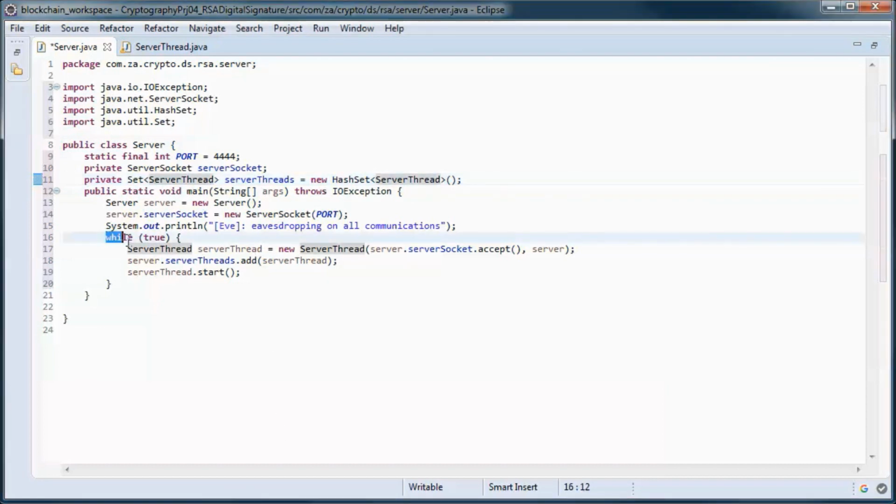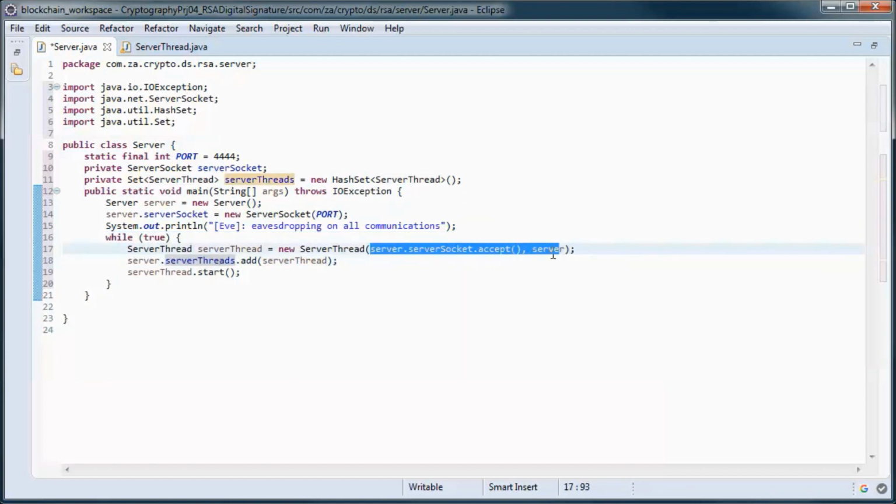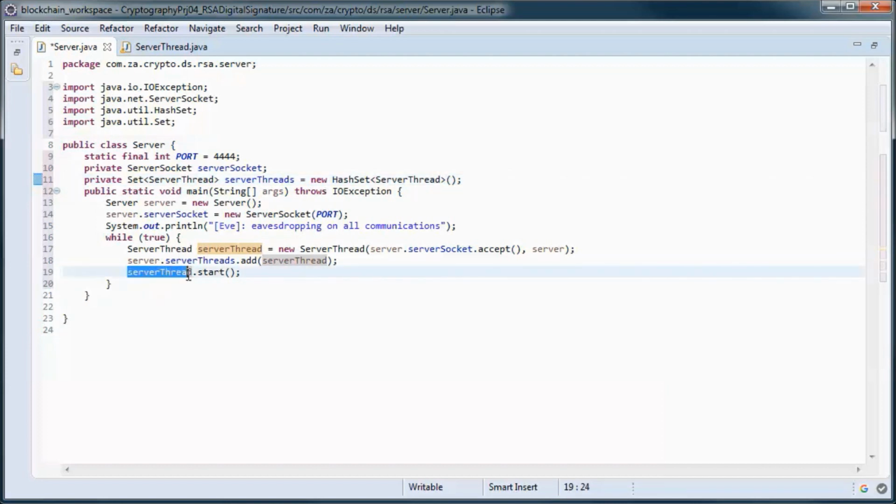So while this server is running, we accept connections from clients and instantiate server threads for those connections, and add those server threads to this set, and start the server thread.